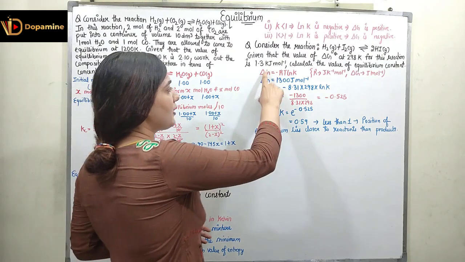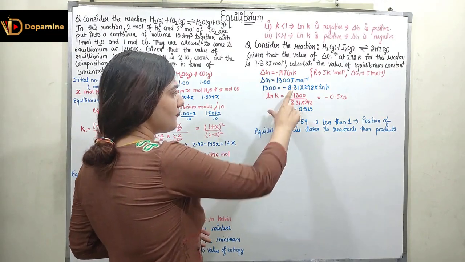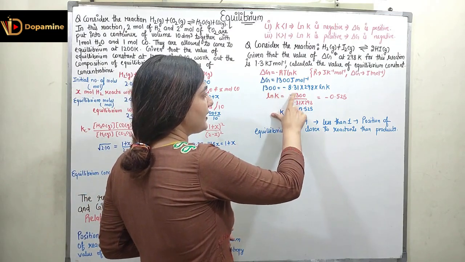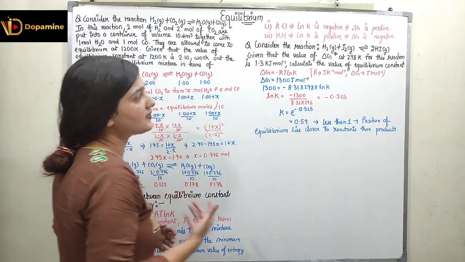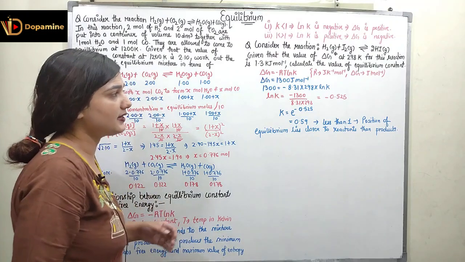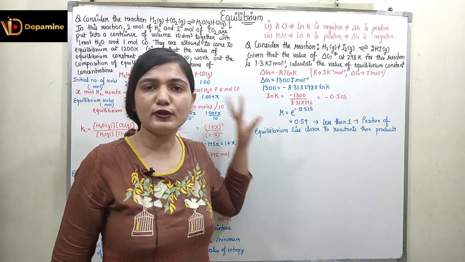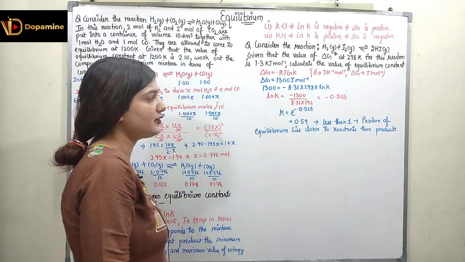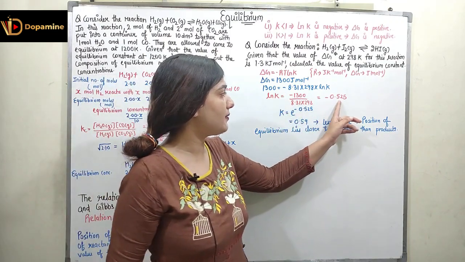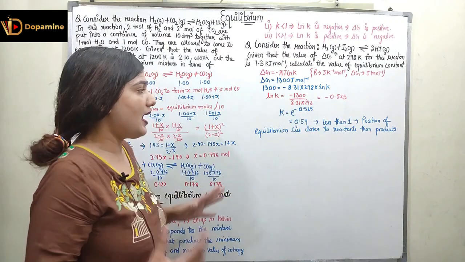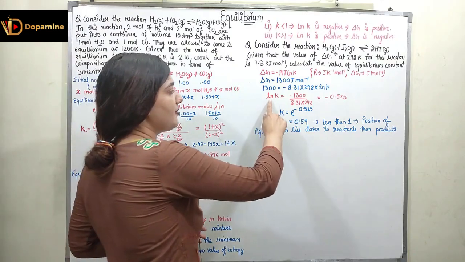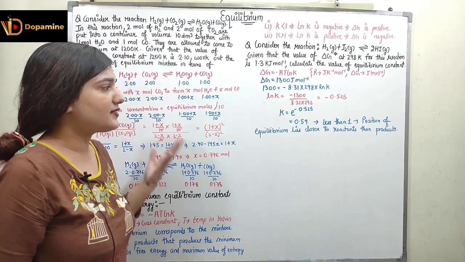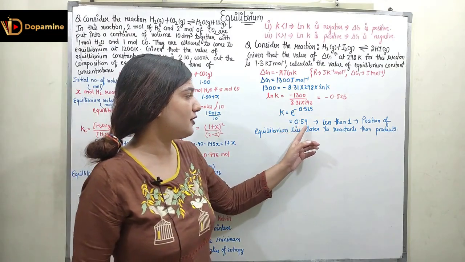Now 1300, we are going to put the value of delta G. We know the value of R is 8.31, so 1300 will be equal to minus R, that is 8.31, times temperature, which is given as 298 Kelvin. We can represent T and multiply it with ln K. So now we have to solve this equation. ln K will be equal to minus 1300 upon 8.31 into 298. So when I solve it, I will be getting minus 0.525, and to solve further I will be taking the exponential on both sides. K will be equal to exponential power minus 0.525, which is equal to 0.59.